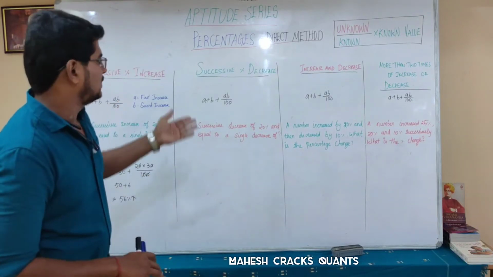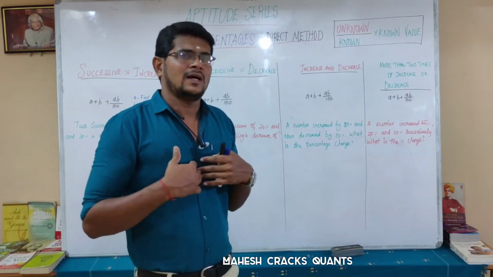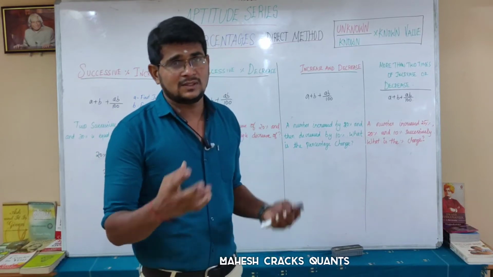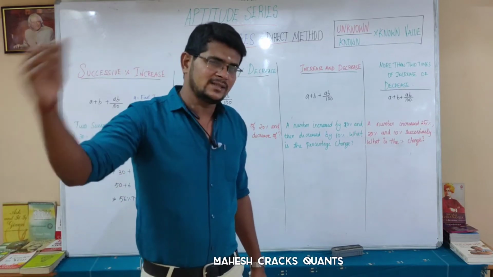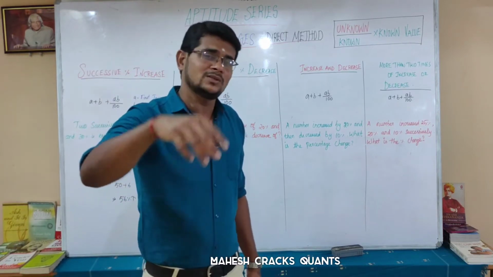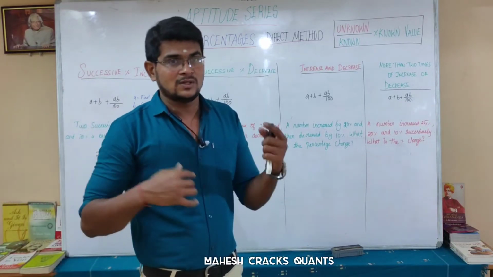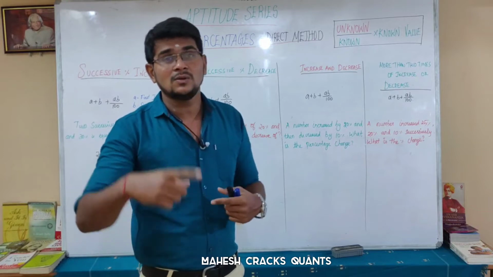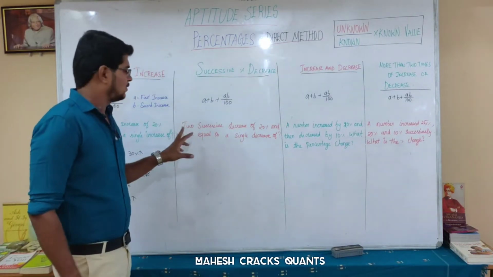Let's come to the successive decrease. Decrease is also the same. So I have a phone. I am giving you a loss of 10%, which is a decrease. You bought that phone. You are again selling that phone to some other person. You are also giving a 10% loss to some other person. This is successive. Successive loss, successive decrease. So we'll solve one.